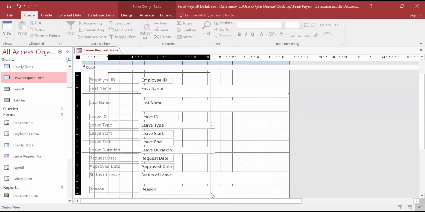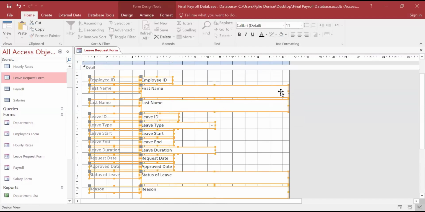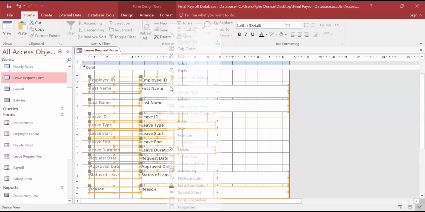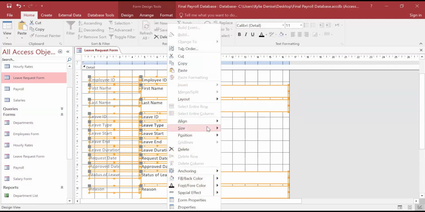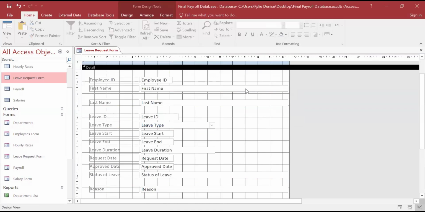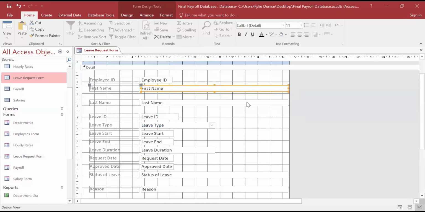And here, size. I want to make it for text because I'm short also. It's too much.